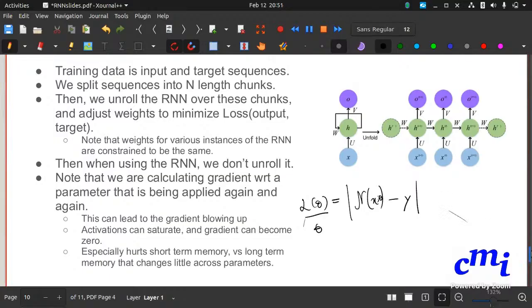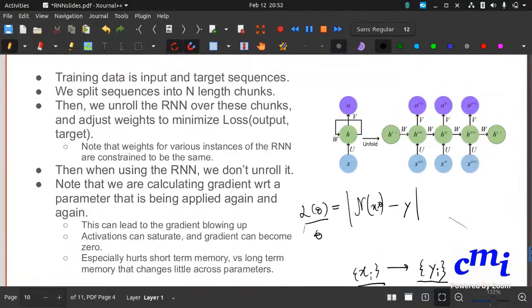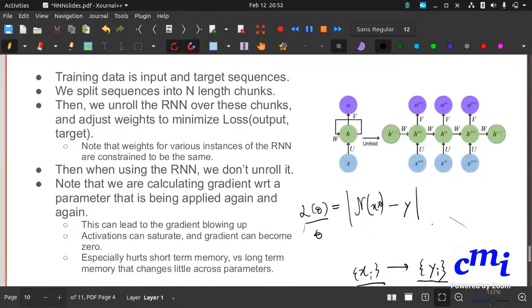So ultimately, typically for training RNNs, we'll also have some data sets where we'll have words, right? So we'll have sequences of xi's, and this data set will say that, okay, for this sequence my neural network should produce a particular kind of sequence yi, right? So then I can do the same thing, but I'll have to run the whole network on xi and then compare against all of the yi's. And this is what you do. You do this by unrolling, and it's also often called backpropagation through time,